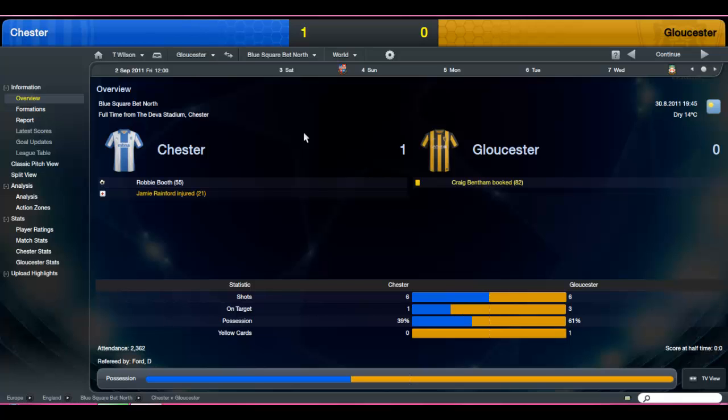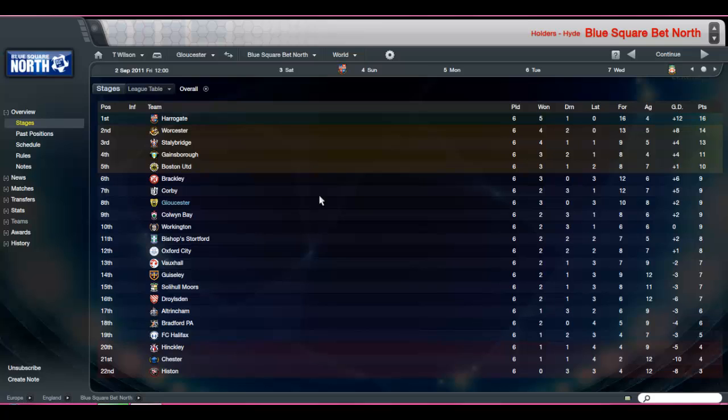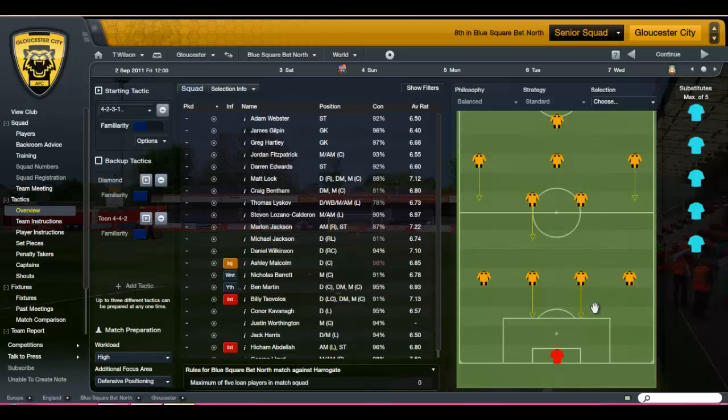All that means that in the league table we are currently sitting in 8th with 9 points, just 1 point off the playoffs. The league objective for me this season is not necessarily to win the league. Well, that would be nice. At least just make the playoffs, get promotion through the playoffs, whatever. Just get promotion at all costs. We must get promotion to the Blue Square Premier, because I cannot stand being in the Blue Square North for more than 1 season. The tactic we're using this season is the 4-2-3-1 at home, and then away from home